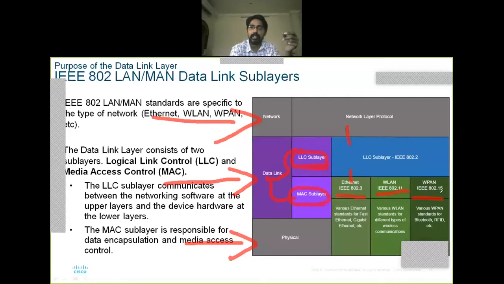Either we can go with cable, wireless, or Bluetooth. Wired, wireless, or Bluetooth, like this. We can choose any of these. So how can this network layer communicate with this one? With the help of LLC and MAC, right? LLC, okay, LLC